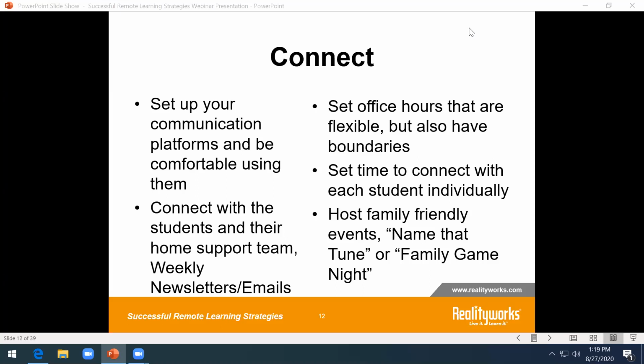So I think definitely connecting with the home and the support team is important, because you're going to have kids from all kinds of different backgrounds and learning capabilities. Just having that home support and letting them know what's happening, so the parents aren't saying, well, I didn't know that was happening, or I didn't know they had something due. It's just important to connect. I don't say skip your student, but include your student in that. So make a big bridge that has everyone connected. One thing I learned this spring was to set office hours that are flexible. So we have students, I would